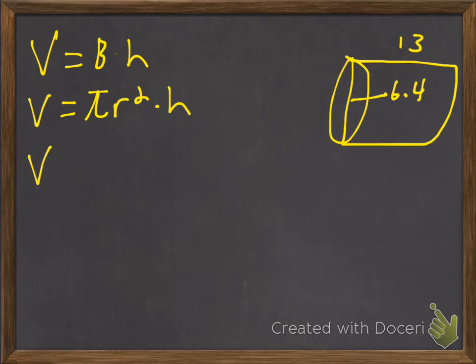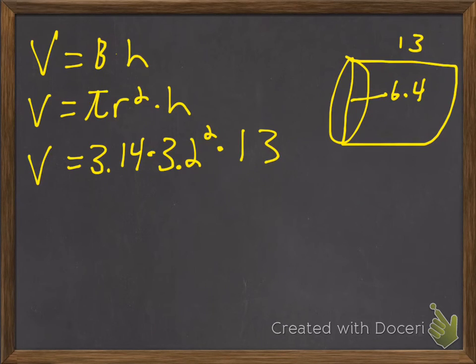So that would be 3.14 times, my radius would be half of 6.4, which is 3.2 squared, times the height of the cylinder, which is 13. If we put all that in the calculator, you get that volume is equal to